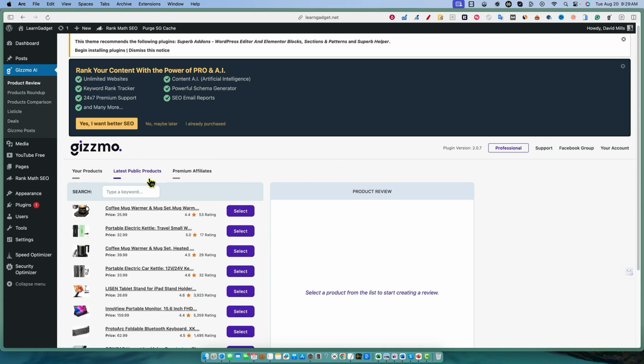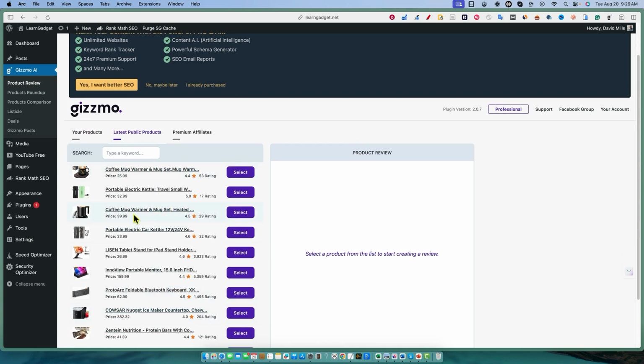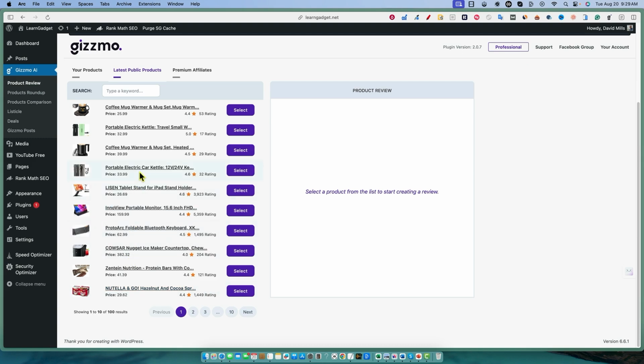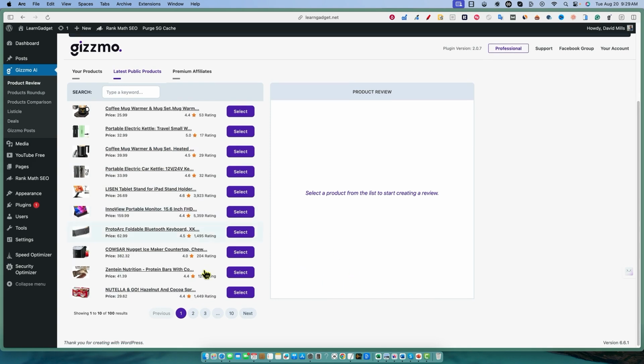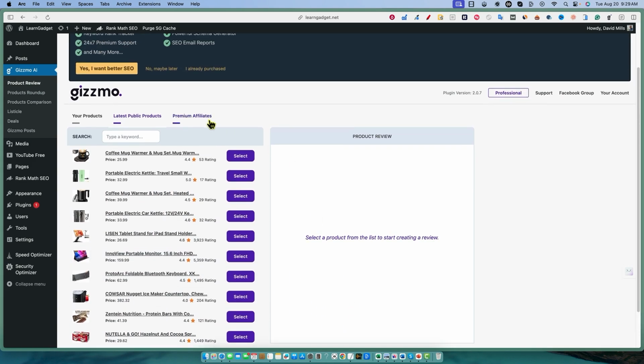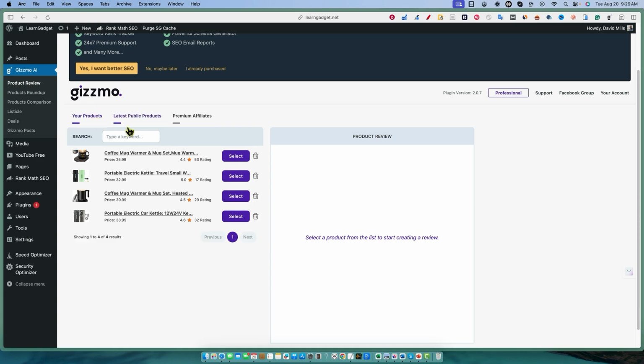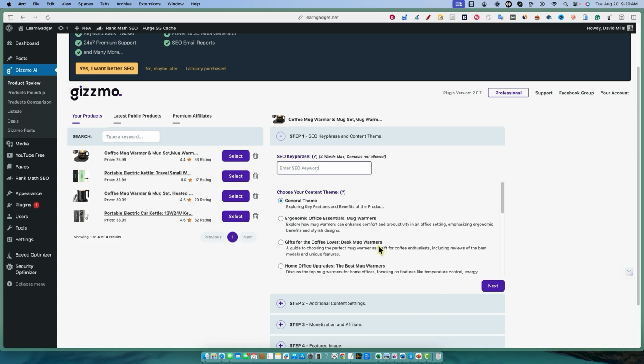You have your latest products. These are just going to be products that the community has pulled in right over here. So you have all these different products, some of the products that we brought in, and then you have pages of products that other community members have put in here as well. And so basically what we can do is we can go in here, we can grab the coffee mug warmer right here. We're going to select that, and then you're going to see on the menu side over here,